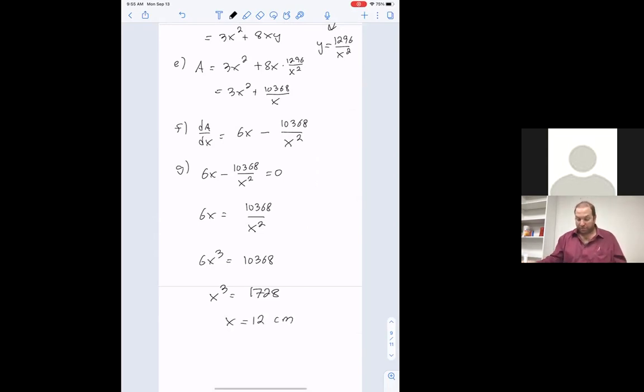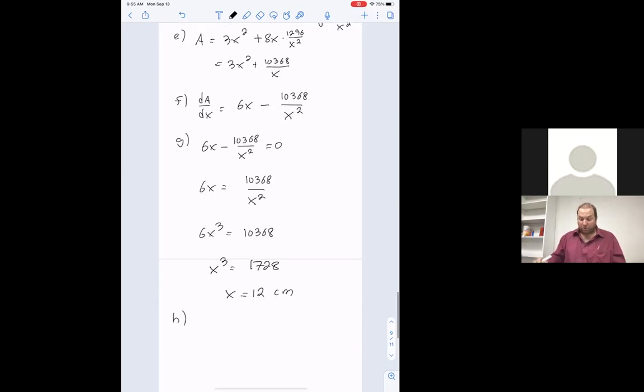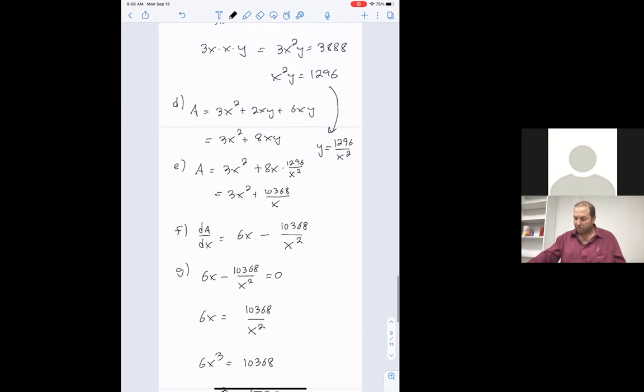And we're in centimeters. H, the cloth used to make the knuckles bag costs 4 yen, Japanese yen, JPY per square centimeter. Find the cost of the cloth to make a knuckles bag. Well, if I go back to E, I know the area is 3x squared plus 10,368 over x, but now that I have x is 12, I can do 3 times 12 squared, which is 144, plus 10,368 divided by 12. This gives me an area of 1296,